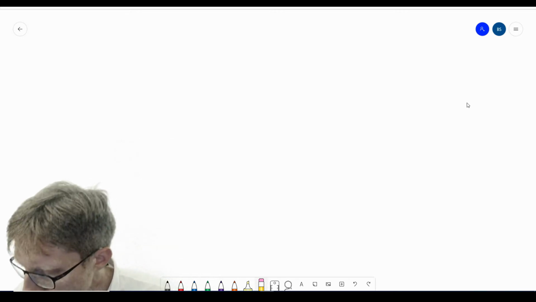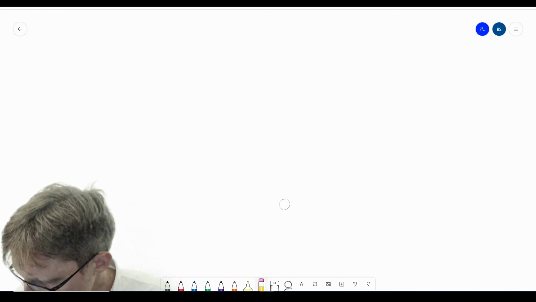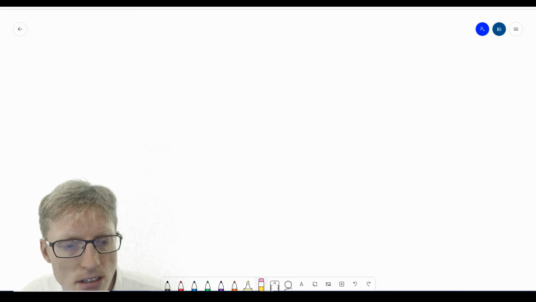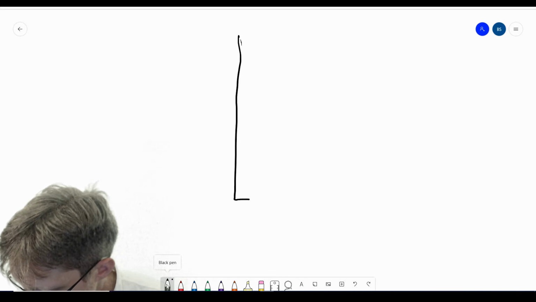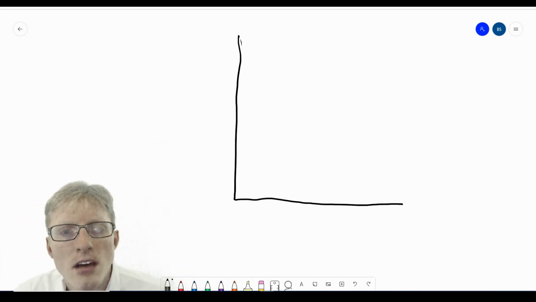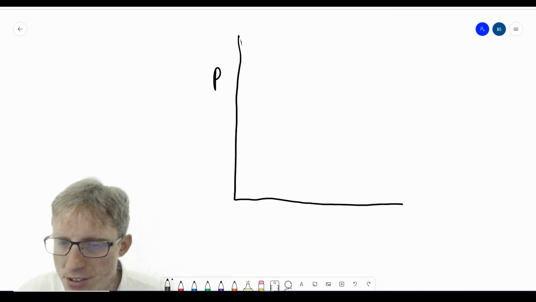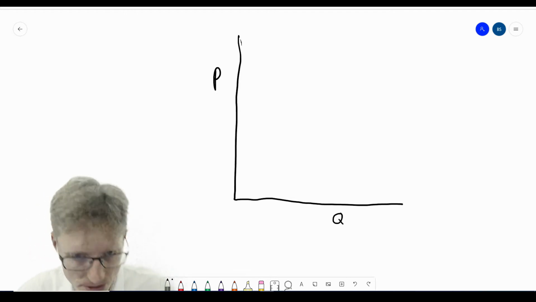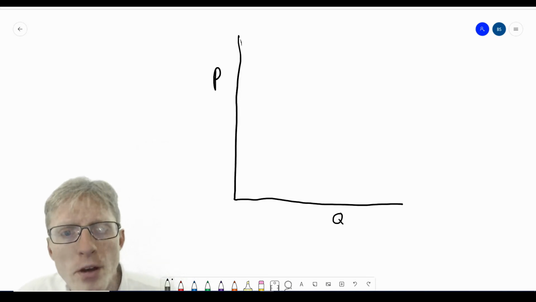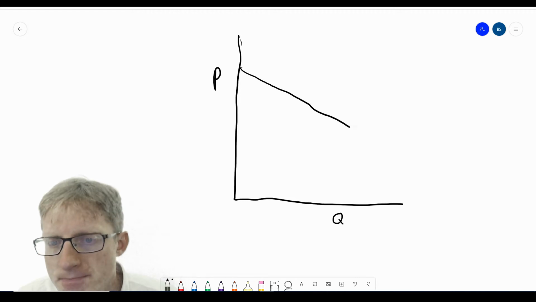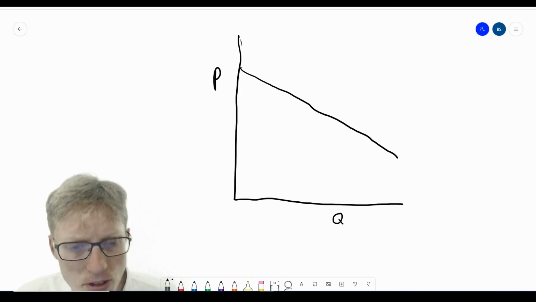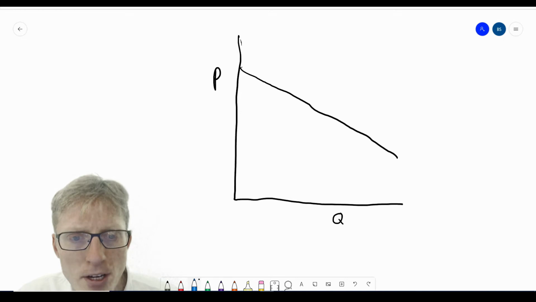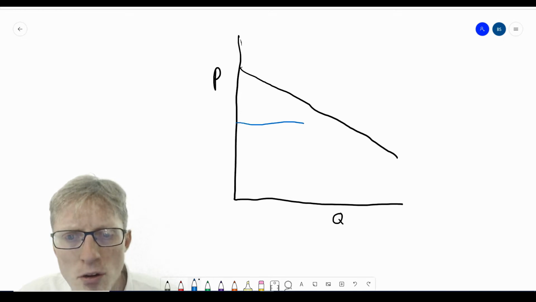And we can illustrate the consumer surplus in the market. So here we have our normal graph where we have price on the vertical axis, quantity on the horizontal axis, and I'm going to draw the inverse demand curve for whatever item we're looking at, whatever market it is on this graph. And I'm also going to draw in blue the market price, and this is supposed to just be a completely horizontal line,